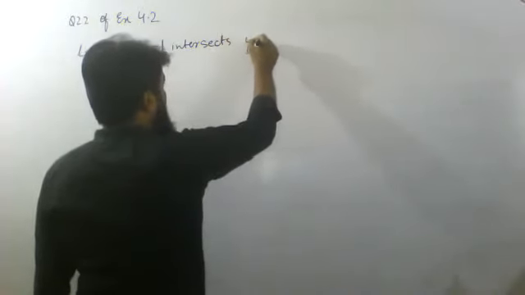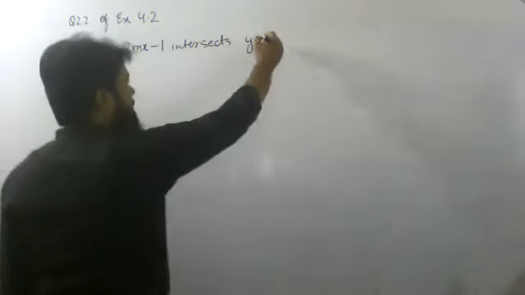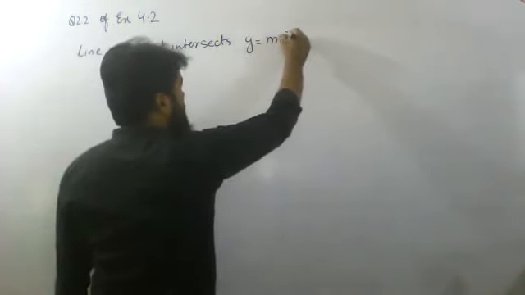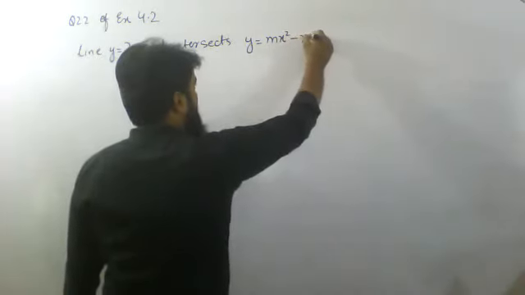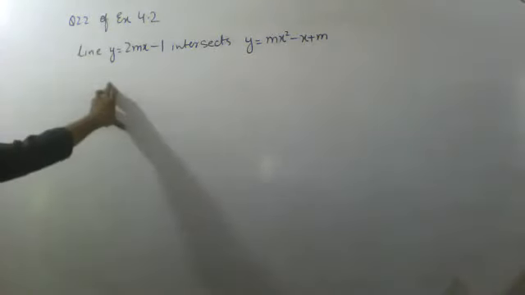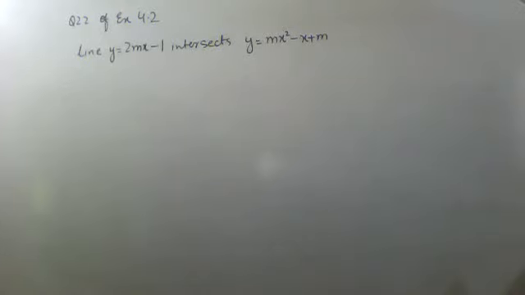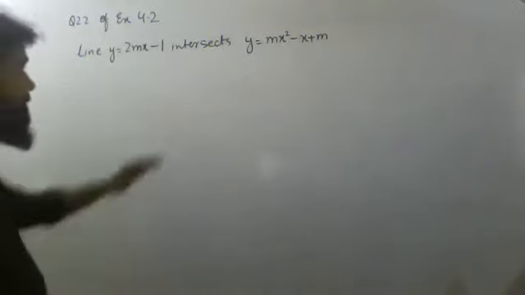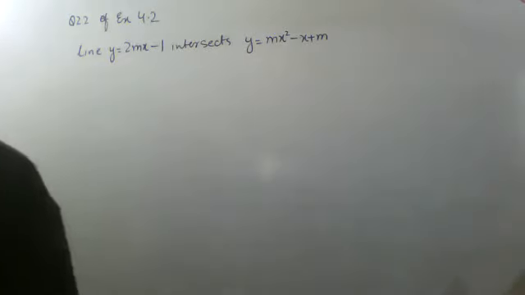And what is the curve equation given to me? The curve equation is given as y equals mx square minus x plus m. Okay, they are saying that I have to show that the line, whose equation is given over here, is going to intersect this curve y equals mx square minus x plus m